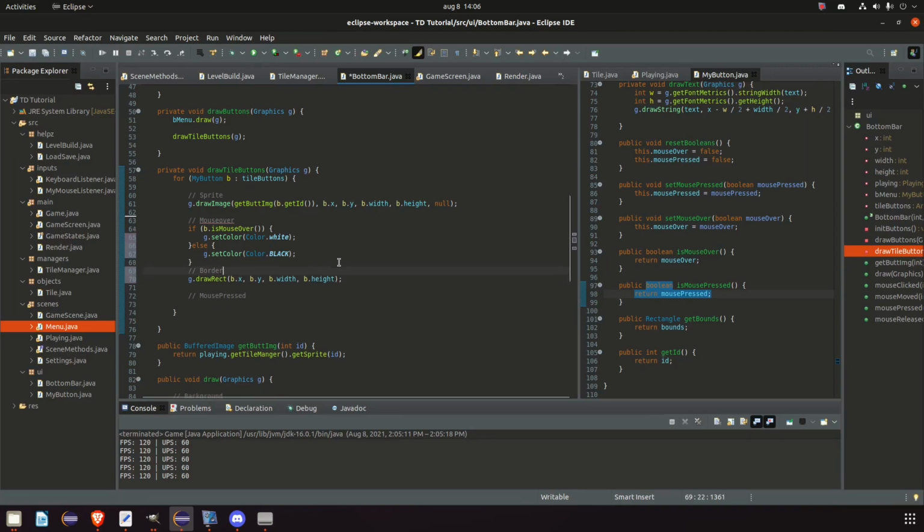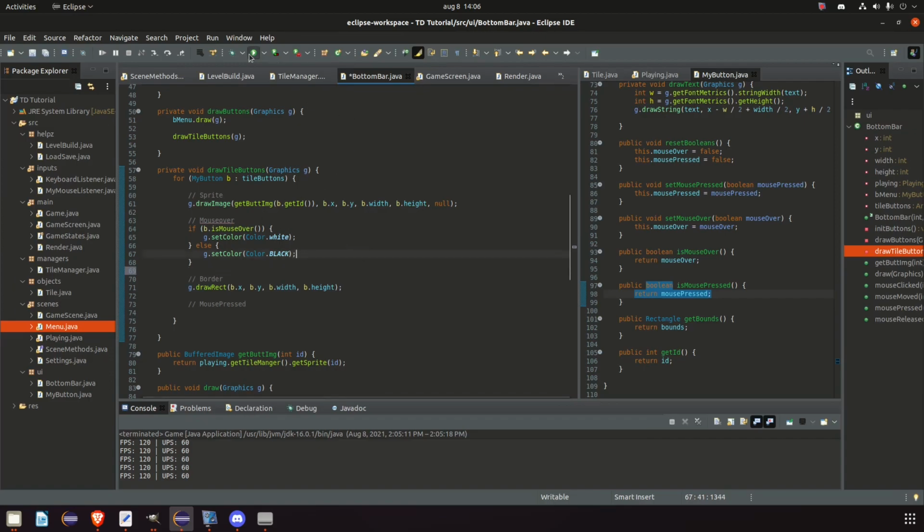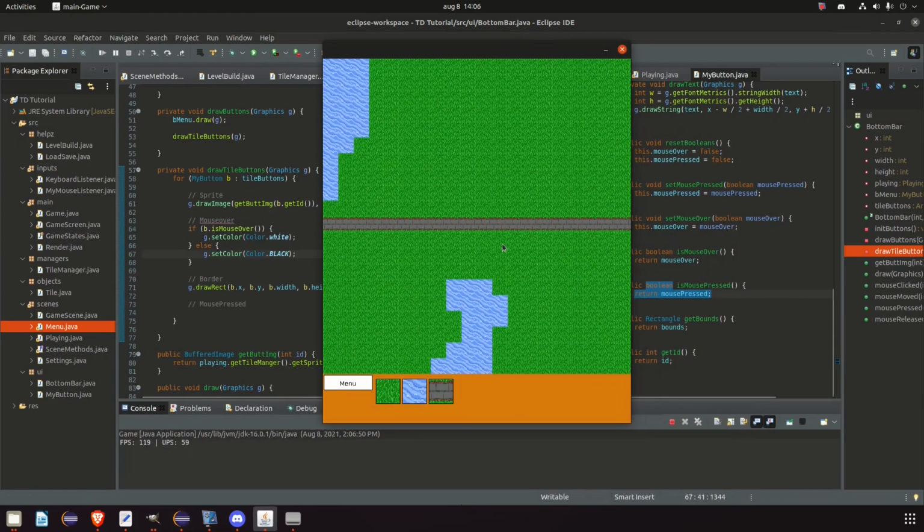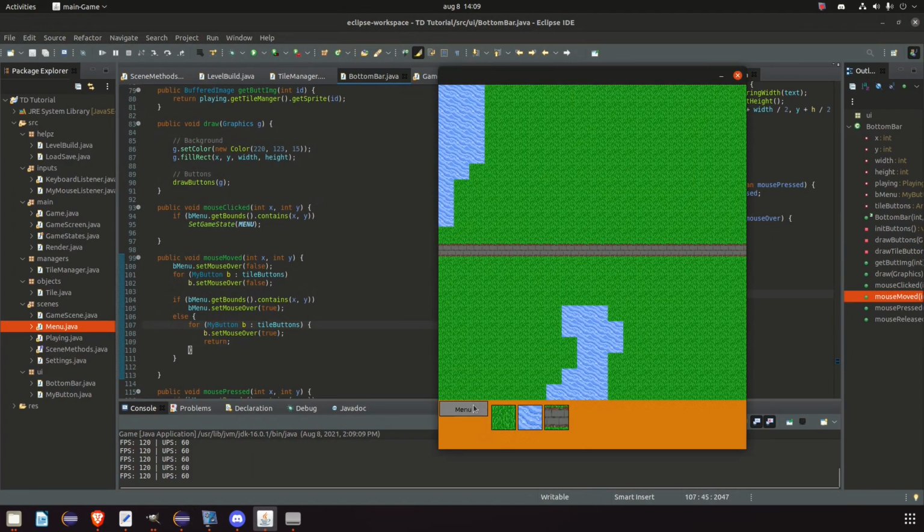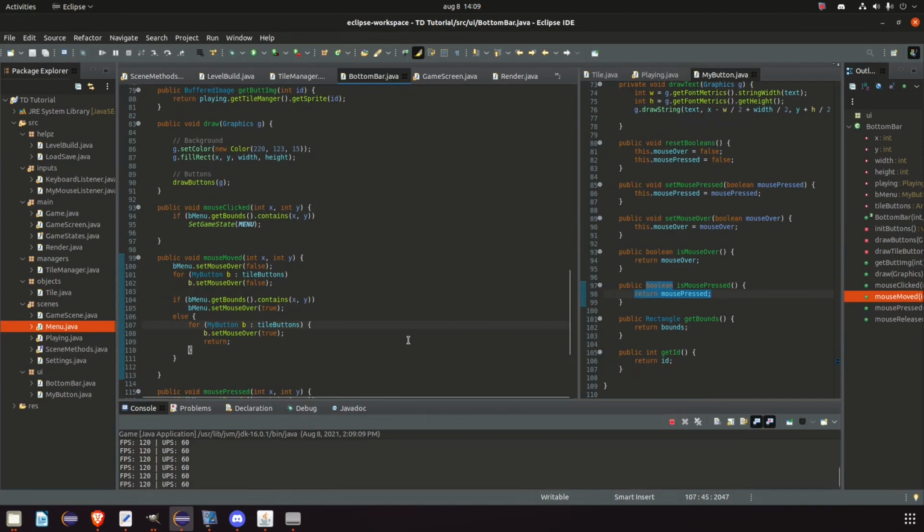So let's clean that up a little bit. Mouse over, we have the border. We only changed the color for mouse over. So let's check. Oops, what's going on here? Of course it looks funky. We never checked if it was true. We just said, if it's not inside here, we simply say it's true. But we need to check if